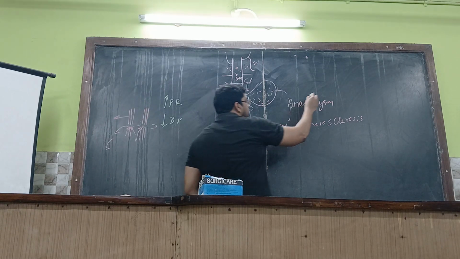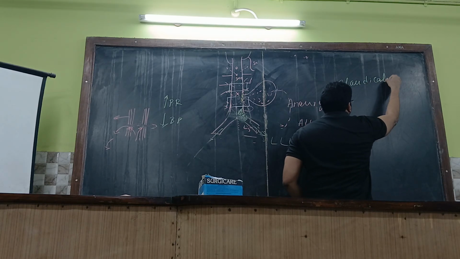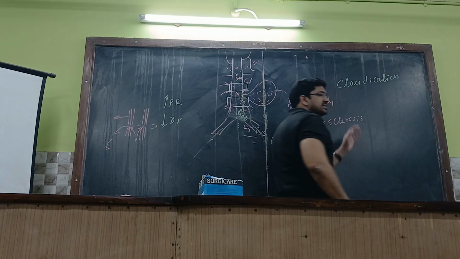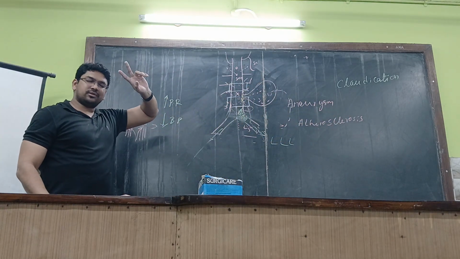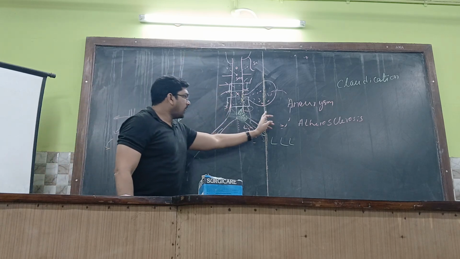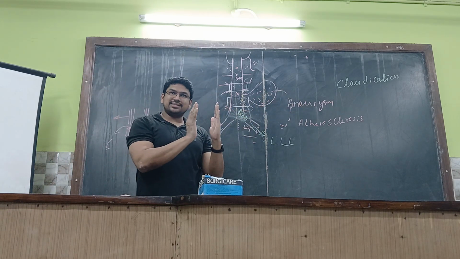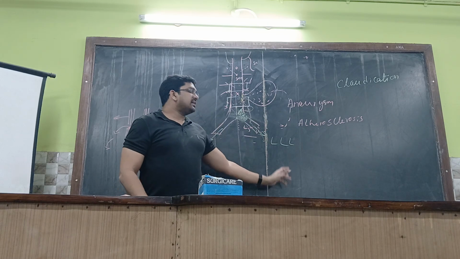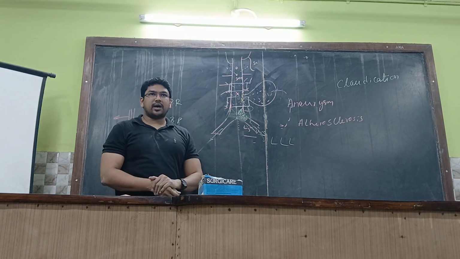This is called claudication. This can be seen in smokers also, because of the release of substance P. You'll understand that later, not now. So claudication means the patient walks some distance, and because of fatigability and ischemia to the lower limb, due to vasoconstriction and the atherosclerotic plaque over here,